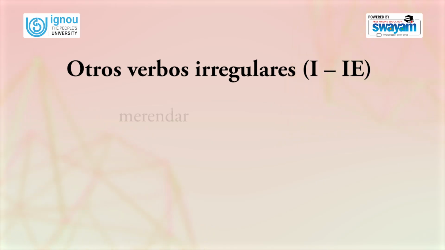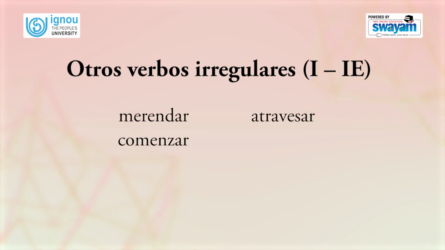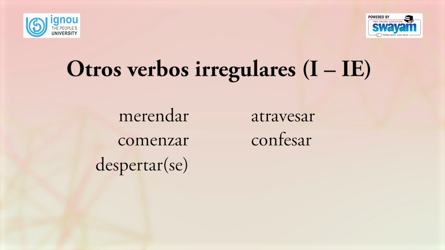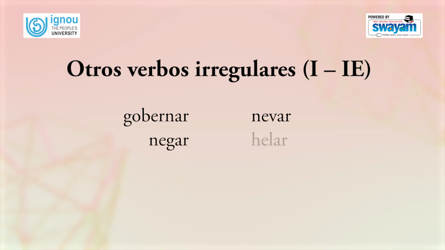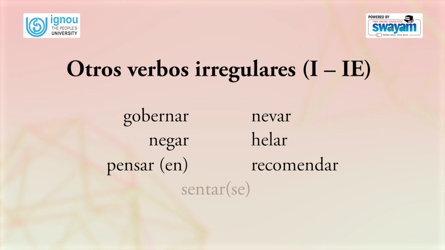So these verbs are merendar, to have supper, atravesar, to cross over, comenzar, to begin, confesar, to confess, despertarse, to wake up, empezar, which is again like comenzar, to start or to begin, encerrar, to lock in or contain, fregar, to wash dishes, to scrub, gobernar, to govern or to rule, nevar, which is to snow, negar, to deny, helar, to freeze, pensar, to think, pensar en or sobre algo, to think about something, recomendar, to recommend, and finally sentarse,